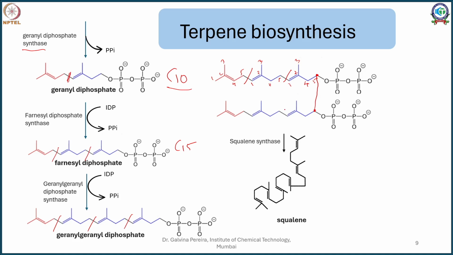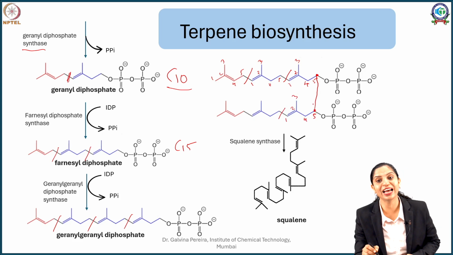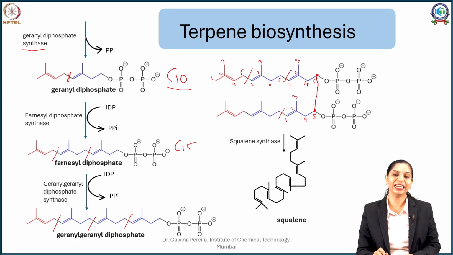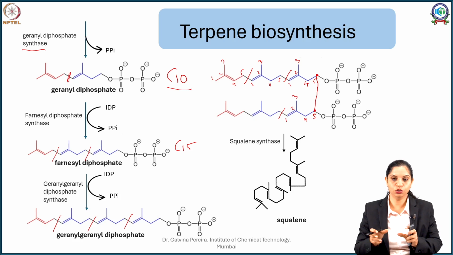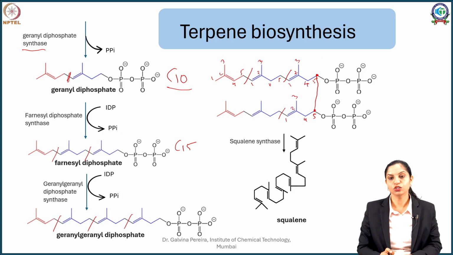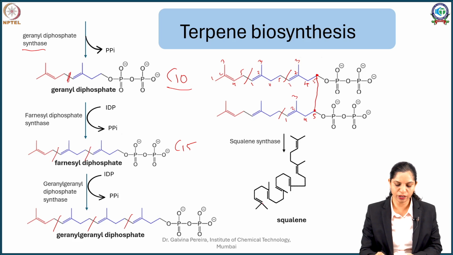But what happens here? If I am just talking about the head 1, 2, 3, 4, 5. Now, this is a 5, 5 attachment. So, this is a tail to tail condensation, and like we saw here the molecule shows a different kind of symmetry. So, in presence of enzyme squalene synthase, this molecule will join and fold. Now, if you see, the foldings are very proper, and then it will undergo formation of what is called squalene epoxidase, and thereafter give you,